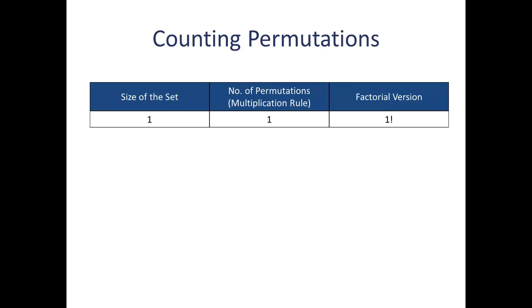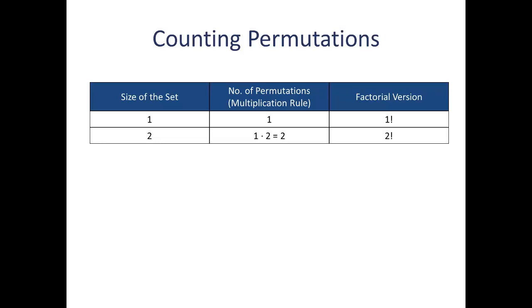For a set with 1 element, there's only one way we can choose that element, so the number of permutations of that set is 1, which is equal to 1 factorial. If we go up to a set with 2 elements, we can choose either of the 2 elements for the first position, and that leaves us with 1 choice for the second position. So the multiplication rule tells us that there are 2 times 1, or 2 possible arrangements,